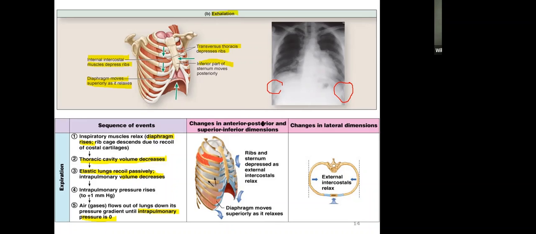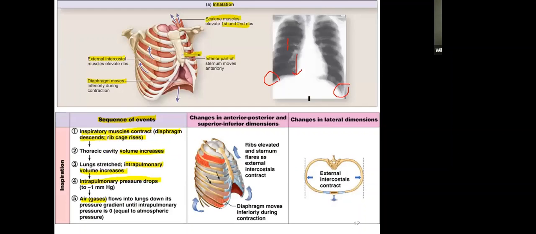The changes in the anterior, posterior, and superior, inferior dimensions, the ribs and the sternum become depressed as the external intercostals relax, and the diaphragm is going to move superiorly as it relaxes, and in the lateral dimensions, your external intercostals are going to relax. And so instead of having expansion, it's all going to come in. And so what you will see when we look at the two X-rays comparatively, you'll see that in inhalation,